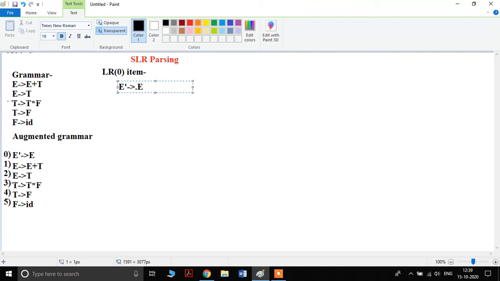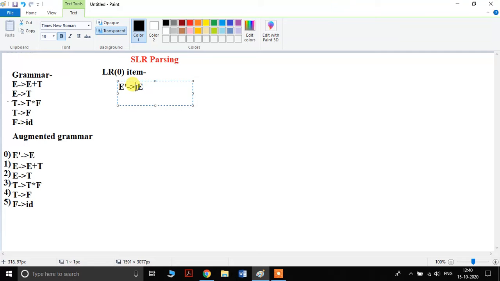This is the closure. What is the closure of E? If we calculate closure of any grammar, then you have to identify the production of E, because we have to take closure of this grammar.